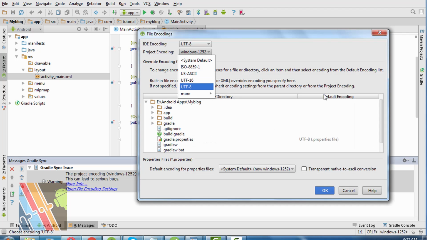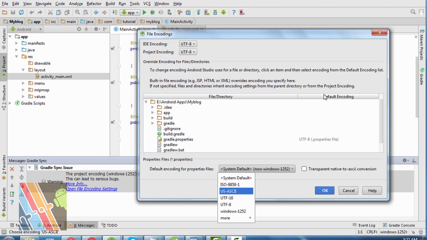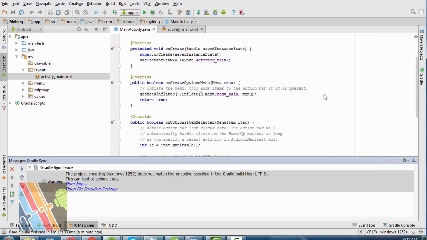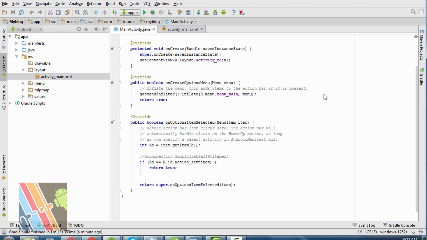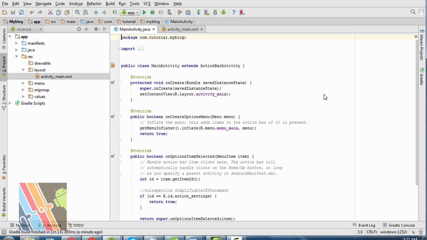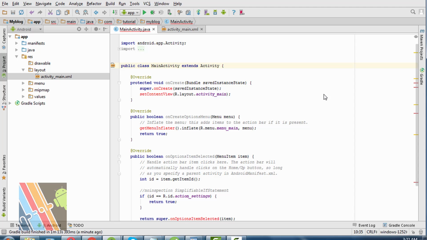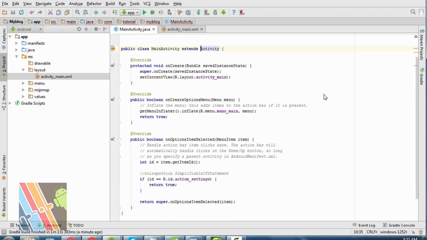So change the project encoding to UTF-8, and the default encoding for project properties files is UTF-8. So hit OK. So change the ActionBarActivity to Activity, and hit Alt Enter, and then